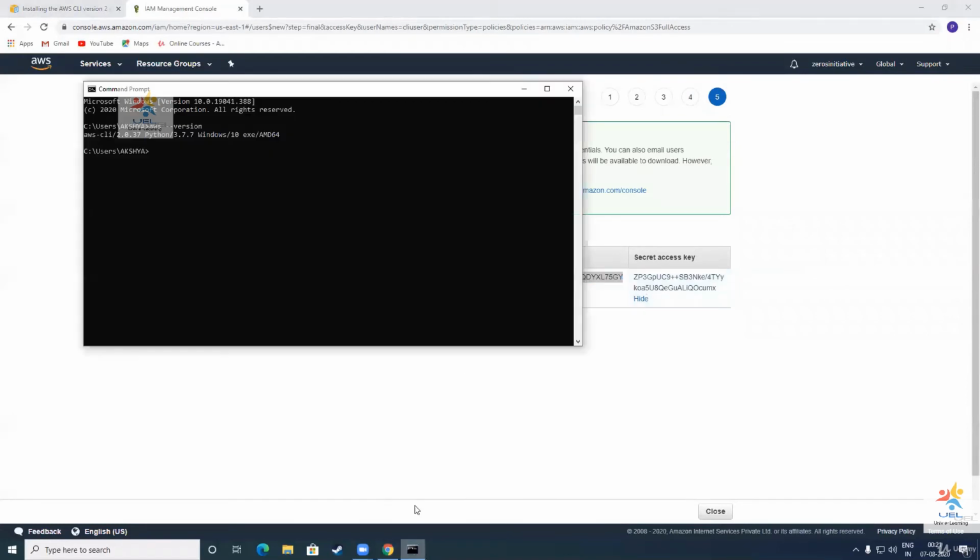Let me go back to my terminal and let me say aws configure. And when I say aws configure, automatically it's going to ask me for my access key ID. Let me paste it. Let me copy the secret access key, which it's asking next. Let me paste that too. Now it's going to ask you for the default region. Let's type us-east-1 as the region for Northern Virginia. And the default output format is going to be JSON. So now your AWS CLI is configured properly.